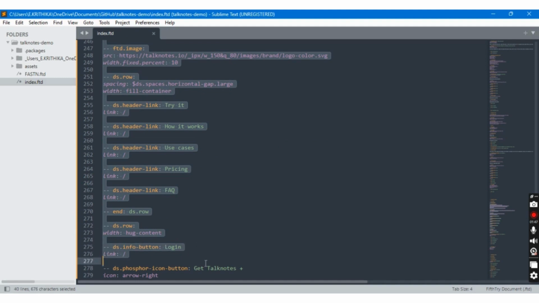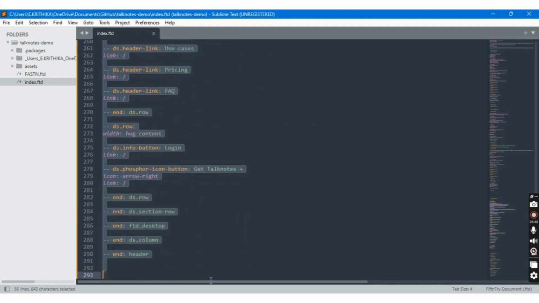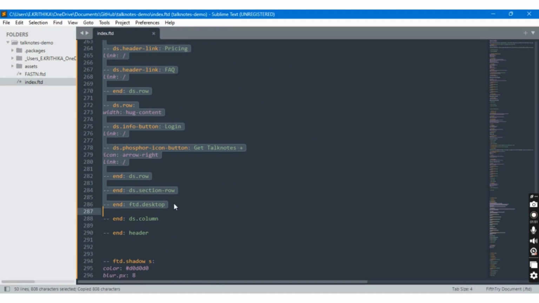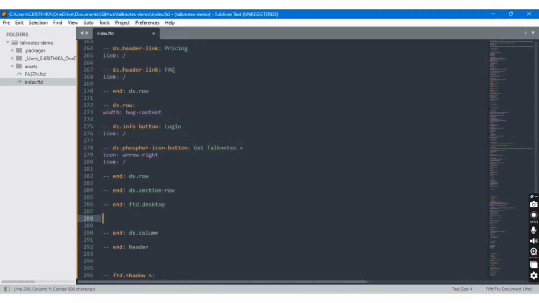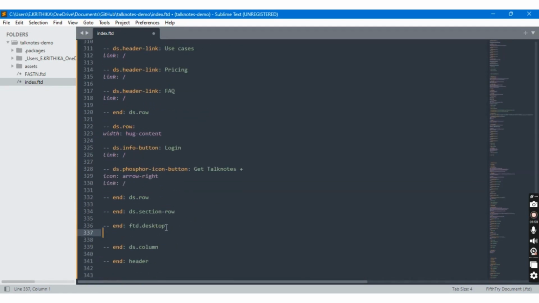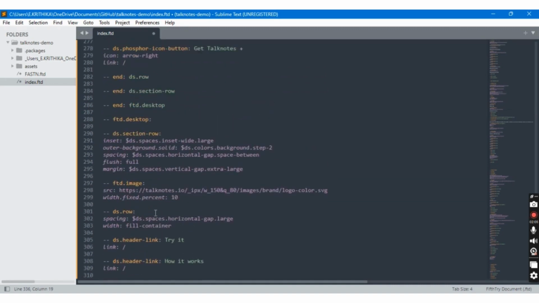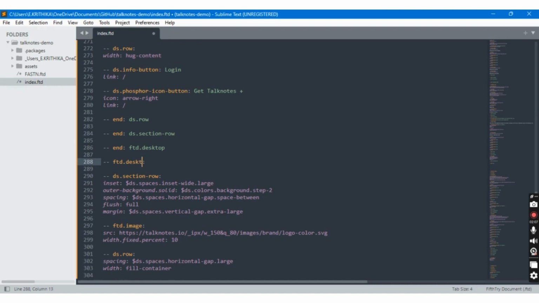Replicate it for ftd.mobile, and paste it below ftd.desktop. Now once this is done,